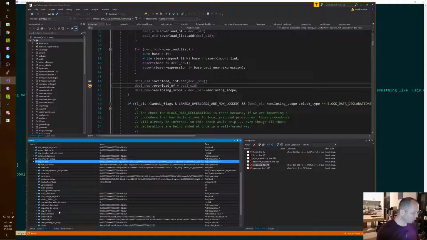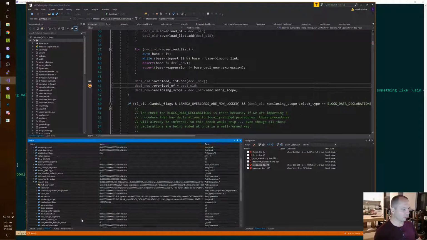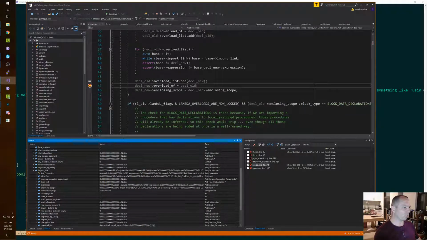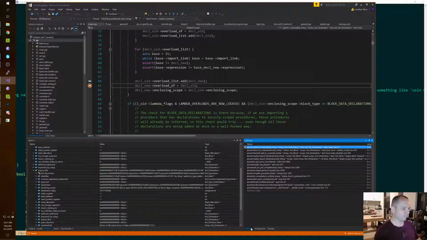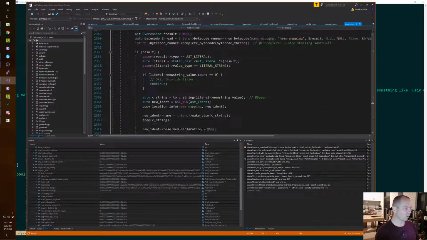That import link is something that's an overload of something else. Probably an overload of this thing. All right. Maybe export declarations.